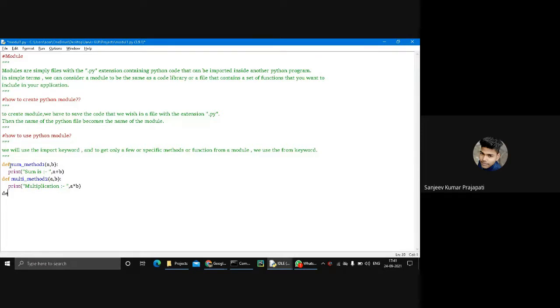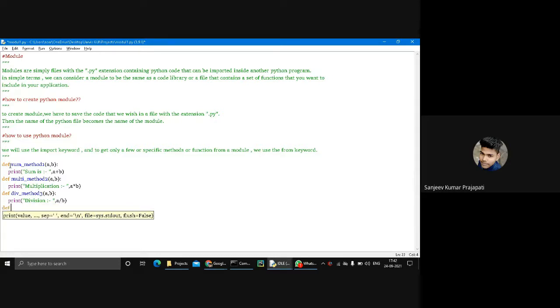The next method is division. It prints division, a divided by b.